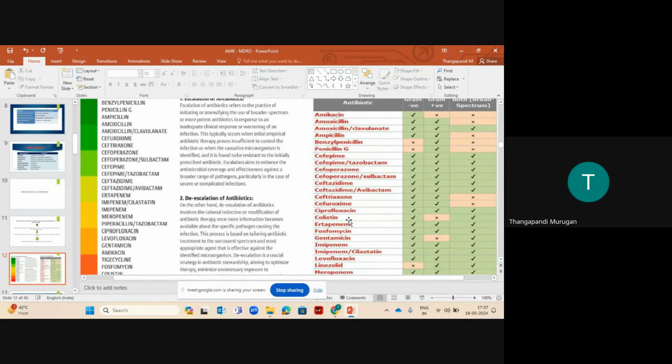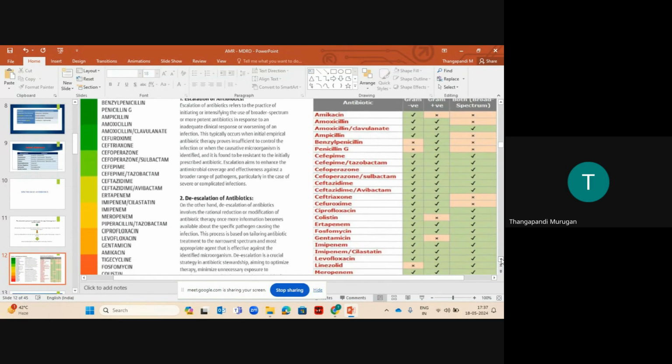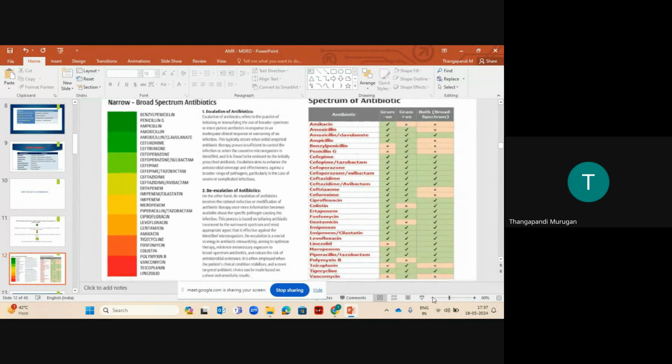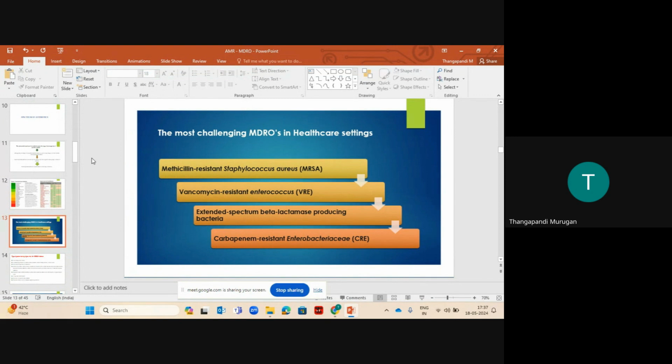Hope you people are able to follow me till this slide, because I will be sharing this slide. If you want, you can go through all these things. I have attached the references at the end of the slide presentation, because your organizer is very keen about what needs to be delivered to the participants, and I am appreciating his effort.